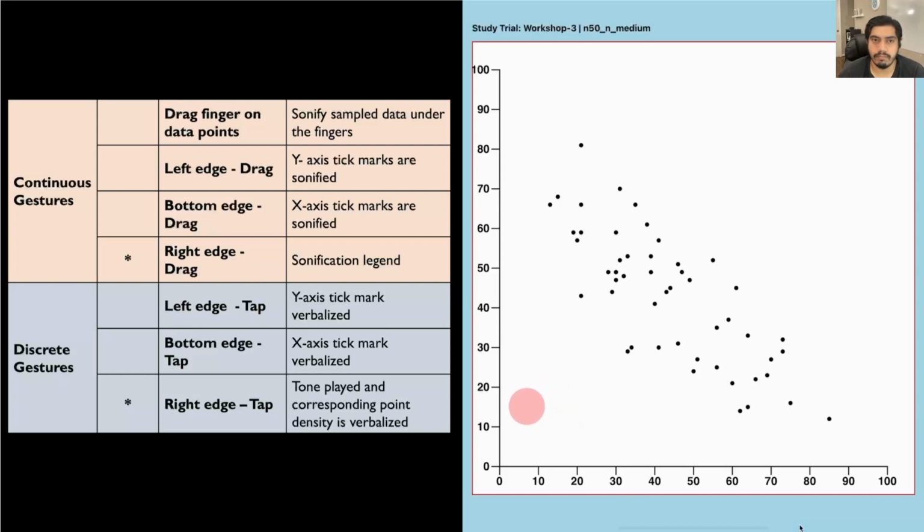Users can also use the tap gesture to verbalize the point density as they pan, and try to understand the data distribution using a combination of taps and panning. Origin 0, 0. 1, 2, 2, 3, 3, 2, 1, 1,